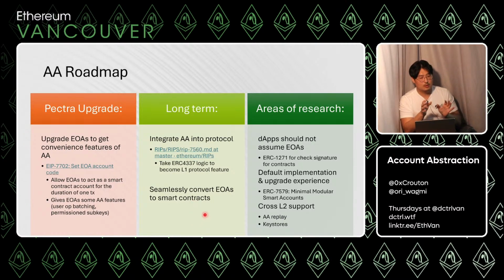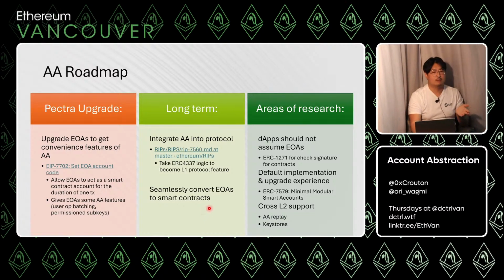There is a question of how we convert EOAs to smart accounts that exist. Most people have EOAs today. They already have state, they have tokens, they have stuff. So how do we migrate that to a smart account? Do we just use 7702 and make it forever? Do we do something else? That's something to be figured out before they canonicalize account abstraction into the protocol.